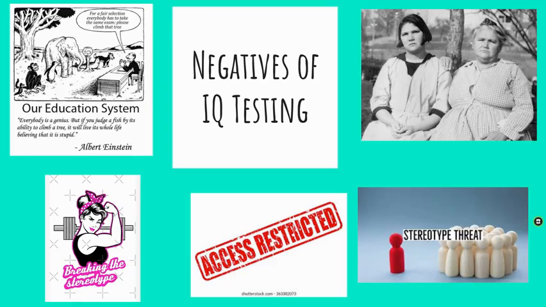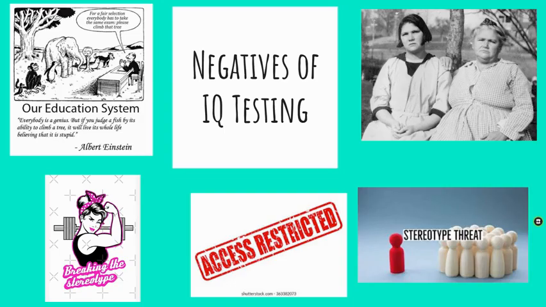In addition to that, something called stereotype lift has also occurred when individuals perform better because they are made aware of the positive stereotypes about their group. For example, if you remind men of the stereotype that men excel in math, we found that men tend to do better on that portion of the test. So is that a good measurement of our IQ if those two things can impact it?